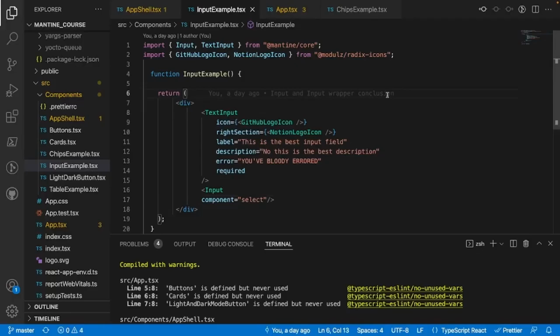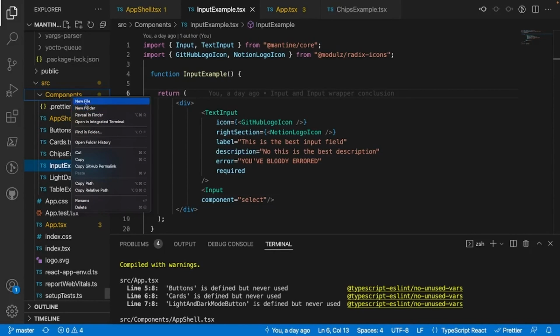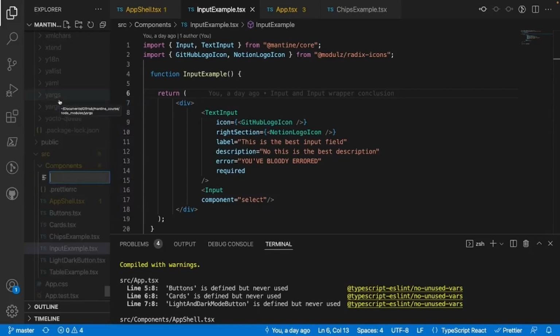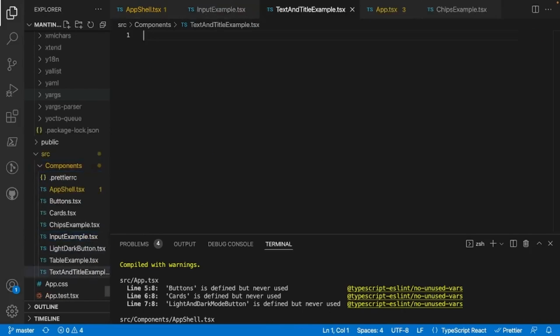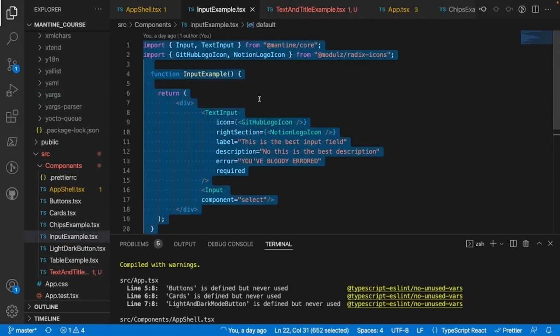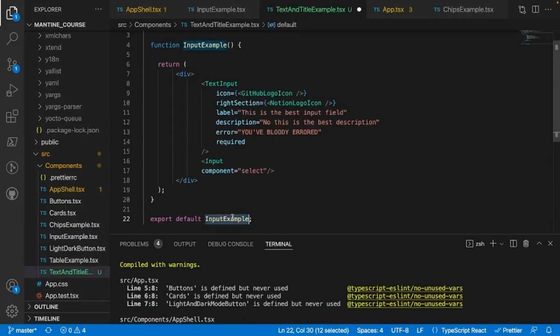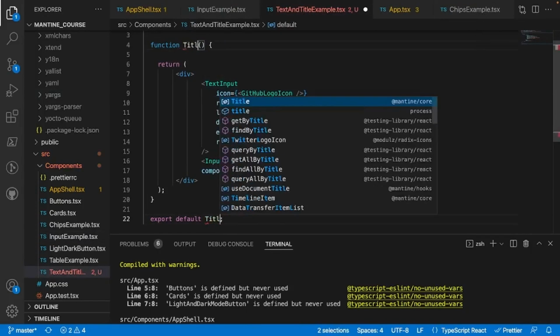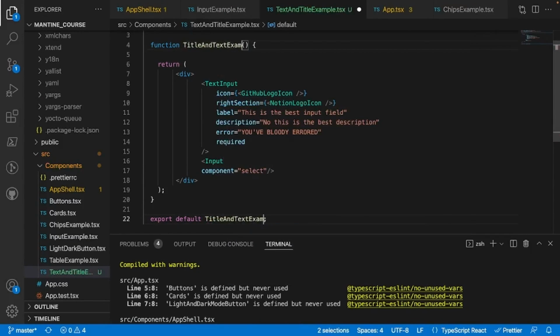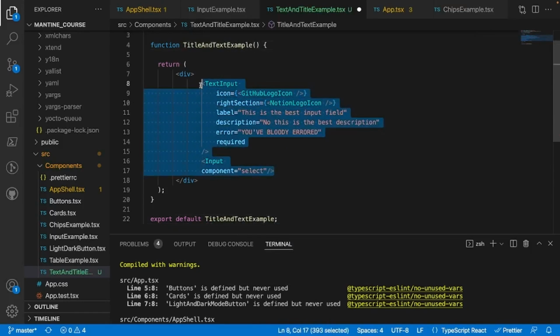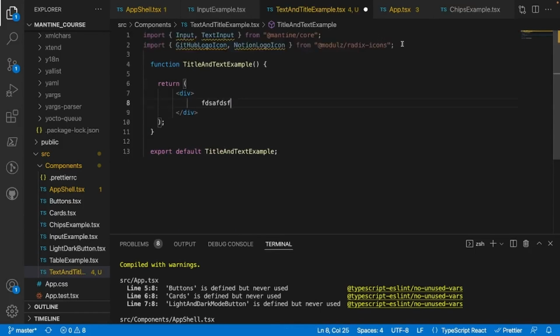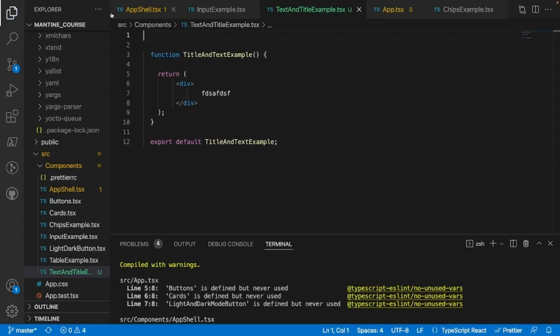Let's go ahead and start working with this. Alright, so I've opened up the app that we've been building, and the first thing we're going to do is set up our component for our text stuff to be in. So I'm going to click on new file inside of my components folder, and I'll just call it title and text example.tsx, and I'll copy the input example content and put it inside of here, and I'll replace the name of these two to be title and text example, like so, and I'll put in some basic text. Let's get rid of these two right here, save it, and let's import it into